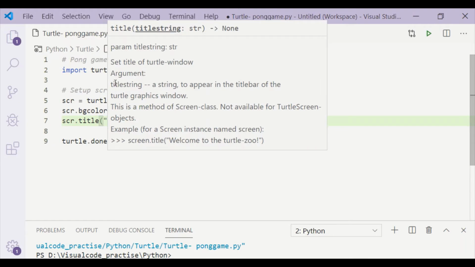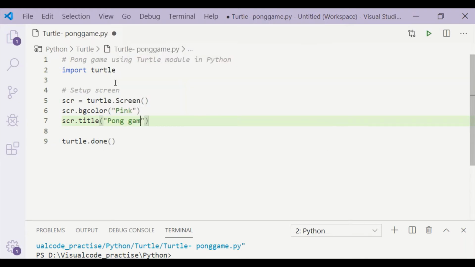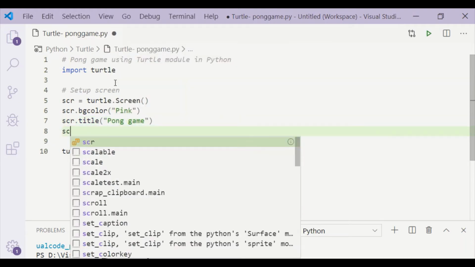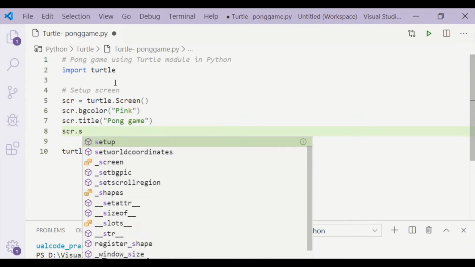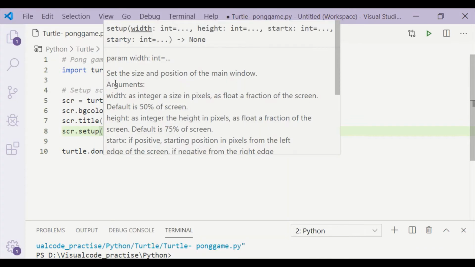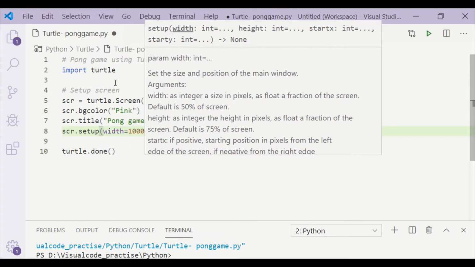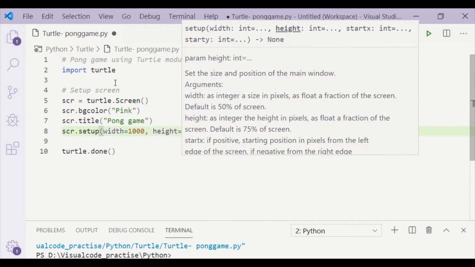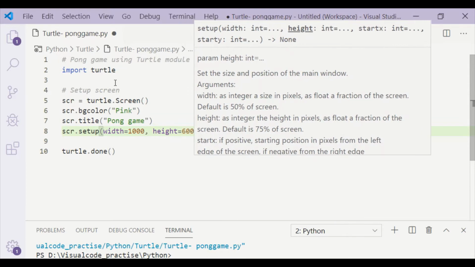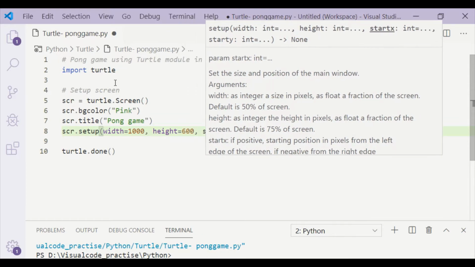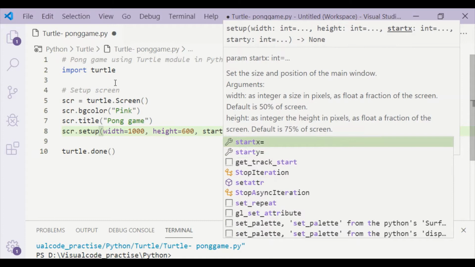Let us set the background color for our Pong game to pink, and I'll give title of that window as Pong game. I'm going to set up the screen width to 1000 pixel and height to 600 pixel, and also the start location XY shall be 0.